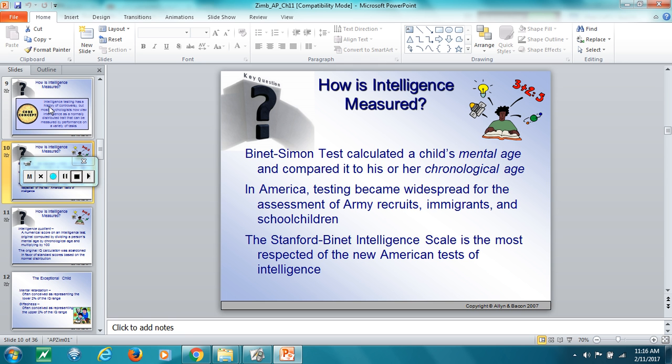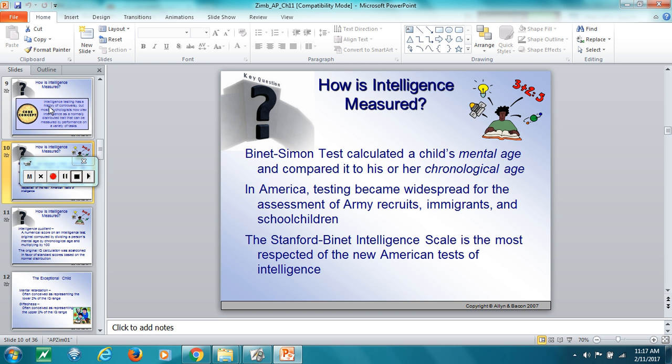So we're going to start with the men who are credited for bringing us this whole concept of an intelligence test. You've got to start with Alfred Binet and his colleague Theodore Simon. Around 1904, they were trying to figure out a way to test students in the country of France. France at this point in time had passed a comprehensive education law that required that all students of a certain age attend school.